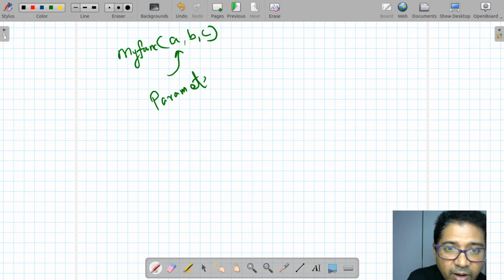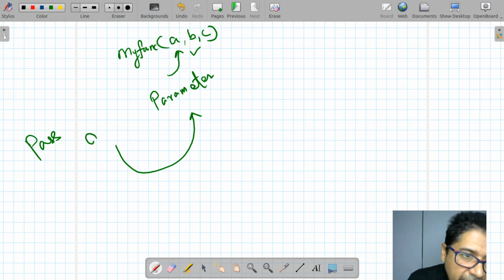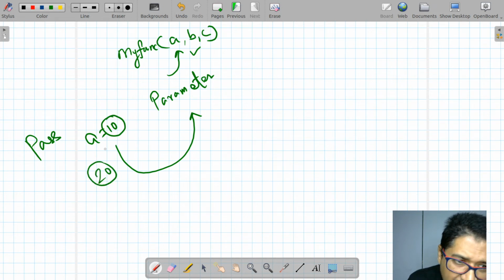If we define it by the function, whenever a value is passed with respect to that parameter, suppose a equal to 10, I pass the value 10 or 20 or any value, that is called